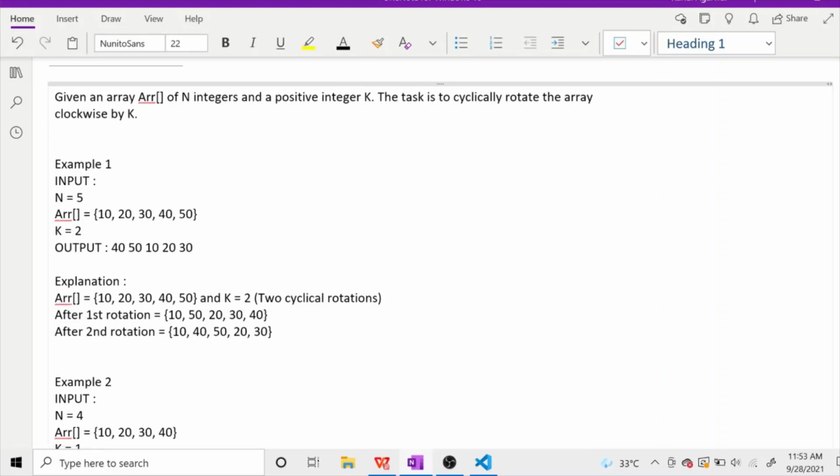Whatever the value of k is, we have to rotate our array by that much. Okay, so let's see the input. The n value is given as 5, which means that there are 5 elements in the array, that is 10, 20, 30, 40 and 50, and the k value given to us is 2. So we have to rotate this array by 2 positions, which means that the